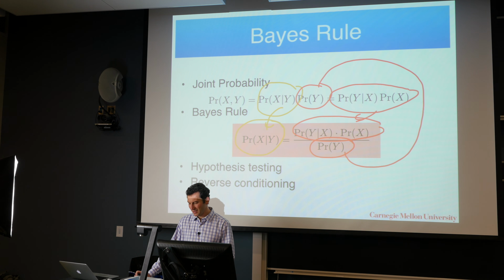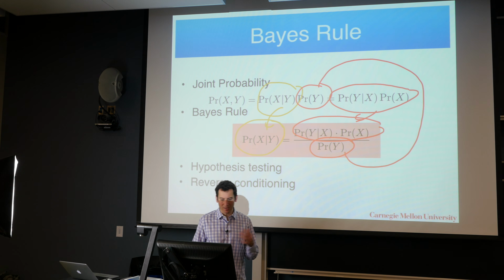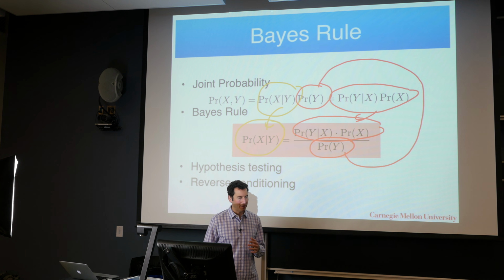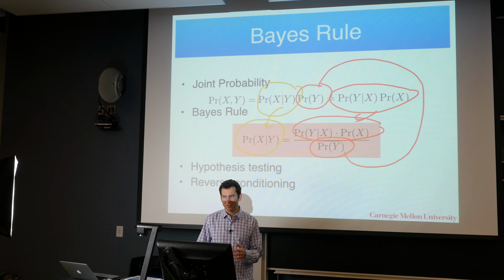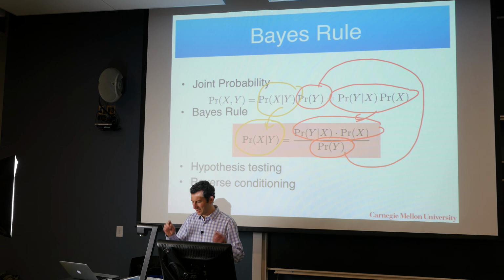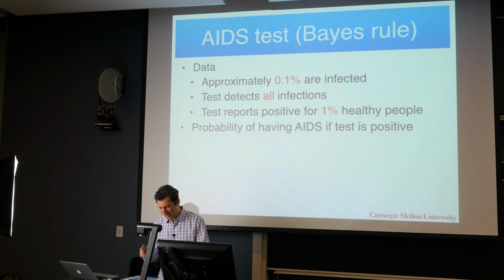But basically, make sure you get that right. Now, why is this so powerful? Because it basically means that if I have a model of how things happen, and if I have a model of how the causes are distributed, then I can turn this around and say, well, can I estimate the cause given the observation? Okay, this sounds amazingly abstract, so let's look at a specific case. I can basically use this to test hypotheses and so on.